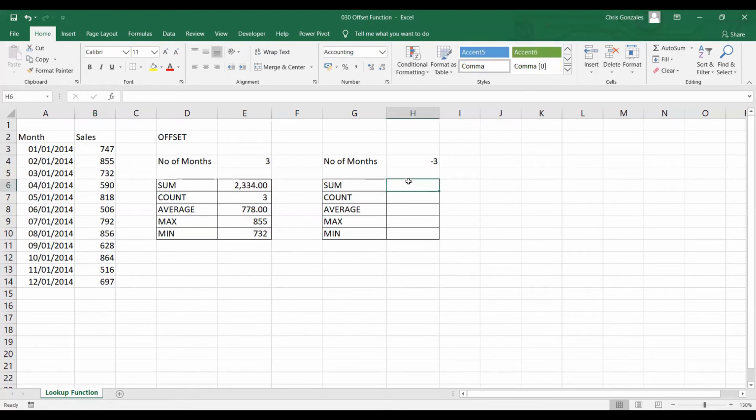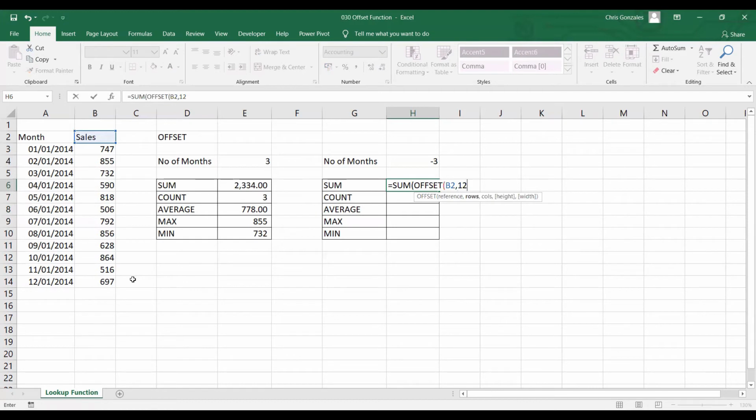Let me use the next table, but this time using a negative symbol for the input. Now, here's the offset function, equal sum, offset, open parenthesis. For the reference, we'll still use V2. But this time for the rows, the starting point is not number 1. The starting point is row number 12. You need 12 rows down below to start with the December date on this table,